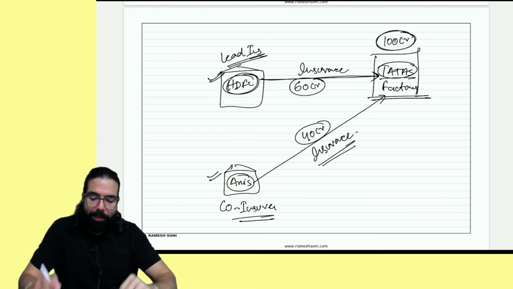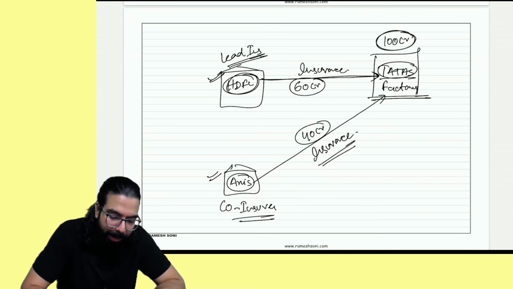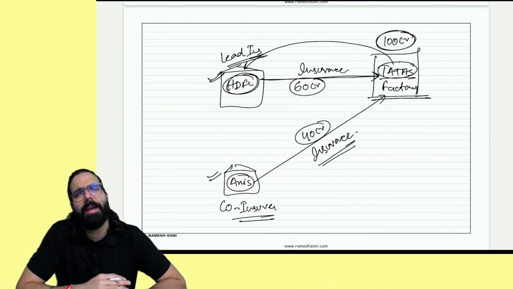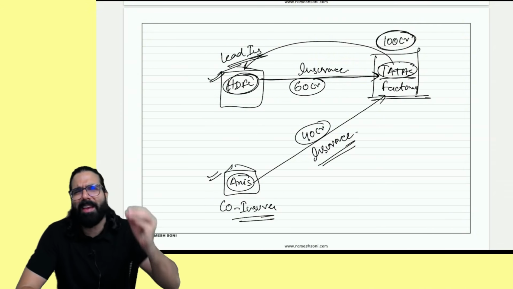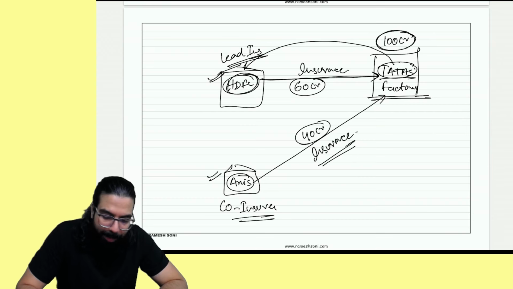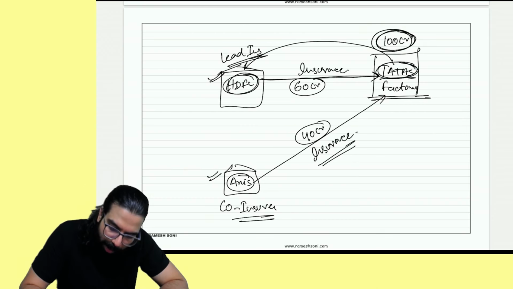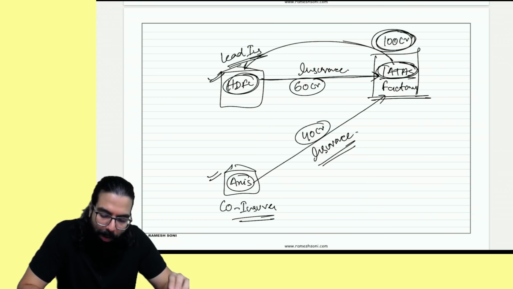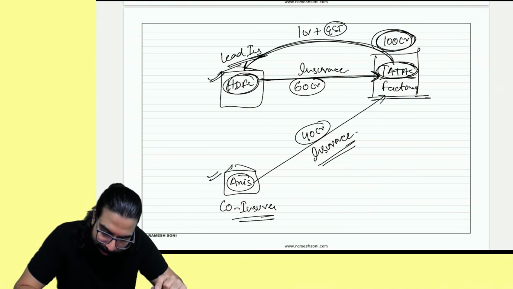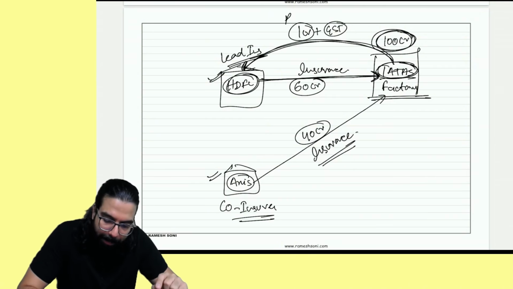Okay, sir. Now for this, the premium will be collected. Tatas will pay the premium, supposing they charged 2 crore rupees, or for simplicity, 1 crore. For insuring the factory for 100 crore, we'll charge you 1 crore rupees, and 1 crore rupees was taken. On the 1 crore premium, GST also has to be collected and this GST will go to the government. So HDFC has collected 1 crore as premium and GST is also collected. Now HDFC will have to pay the GST to the government.